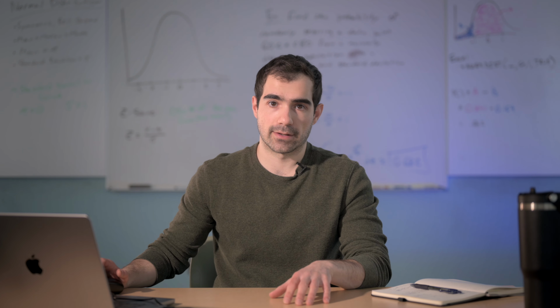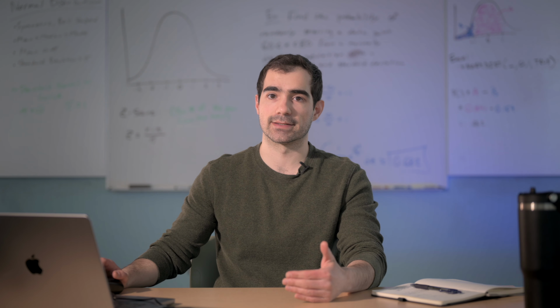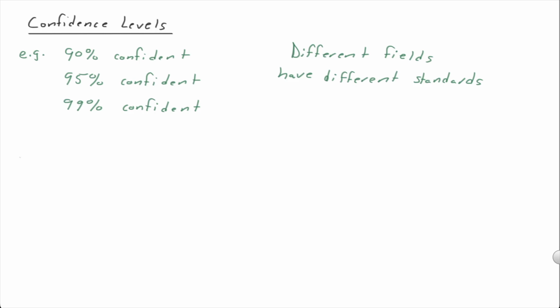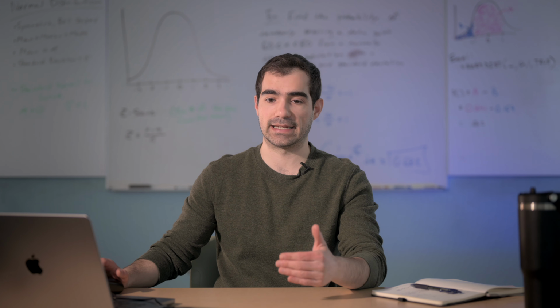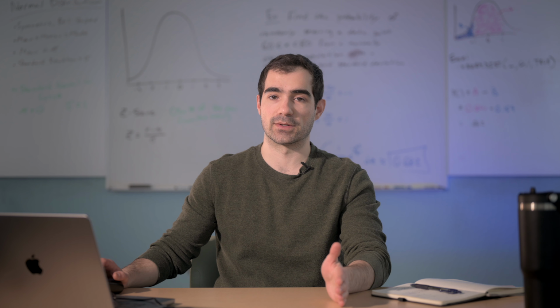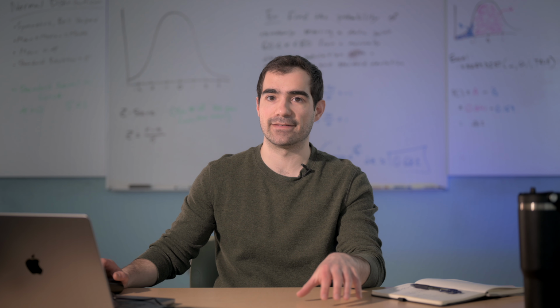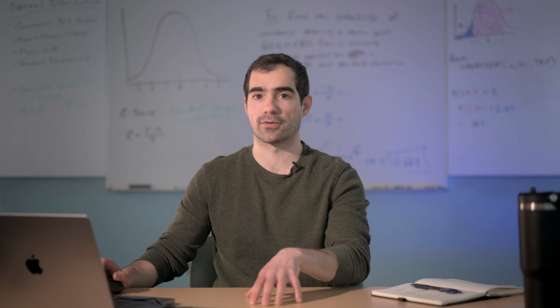Now, it's important to be very clear about what something like 95% confidence actually means and what it doesn't. First, when we say we are 95% confident, what we are not saying is there is a 95% chance that the true population mean is in the interval. Once the interval is created, the true mean either is there or it isn't. There's no probability involved anymore. Instead, when we say 95% confidence, that 95% refers to the long-run behavior of the method, of the process.